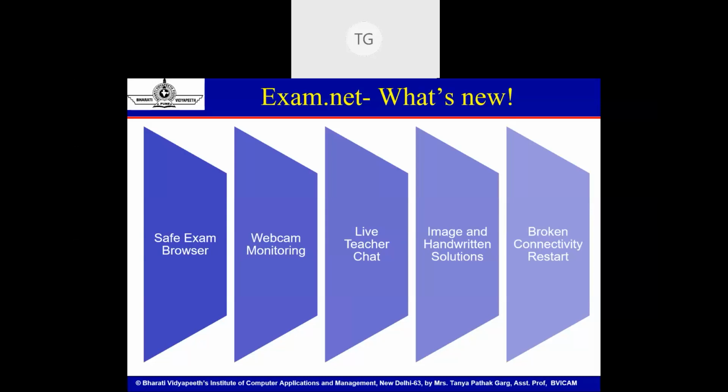Next is another feature with exam.net: it helps you have a live teacher chat. So this is where I, as a teacher, have hosted my exam, and in a live scenario it also happens that students ask certain questions. Students ask, ma'am, what will be this question? What does this mean? I think there is a mistype, or I'm not able to understand this. If there is any such real-time query which the student is facing, the teacher can be available via live chat, right?